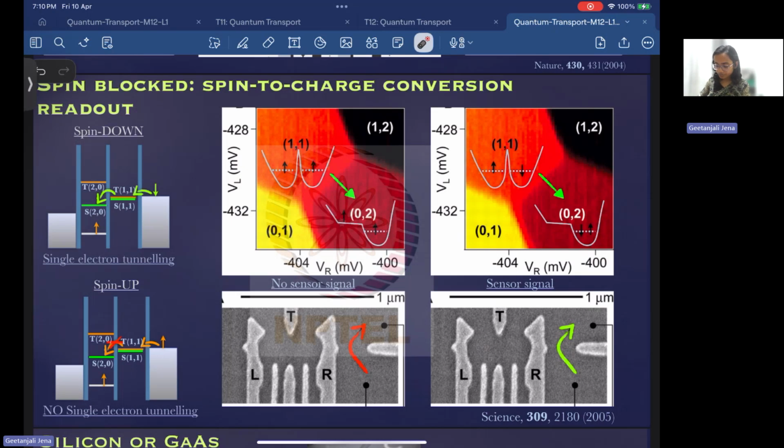For this singlet state to be occupied, the electron should have the opposite spin. So in this case, it already has an opposite spin,